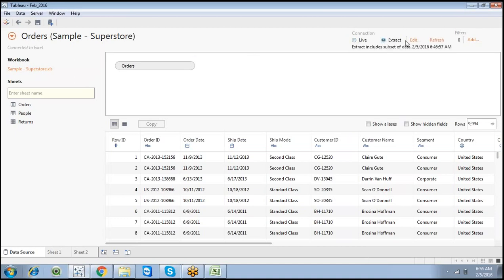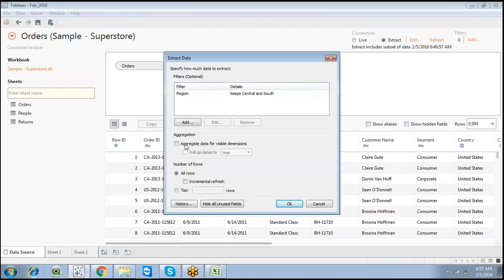Next we have a concept in an extract. If you are working with an extract, click on edit. You have an option called aggregate data. If you want to aggregate across a different level, you can work with quarter, year, or set this data at an aggregation across month level. Normally we prefer the lowest level of granularity, but we have an option of aggregate data for dimensions, so we can set the aggregation level across a different level. This is not preferable.